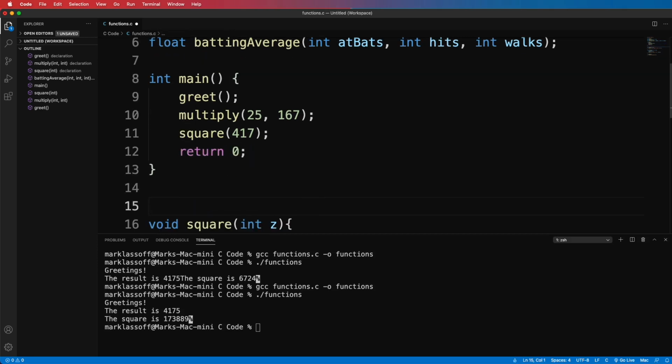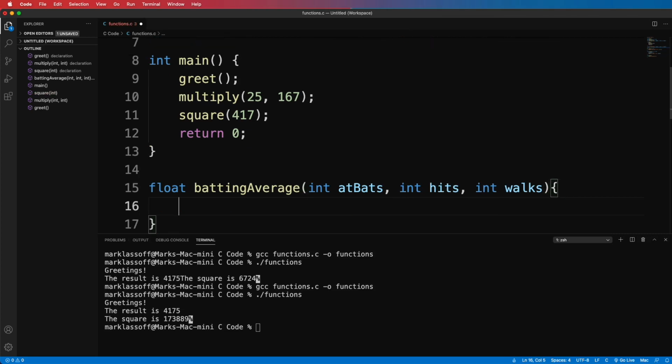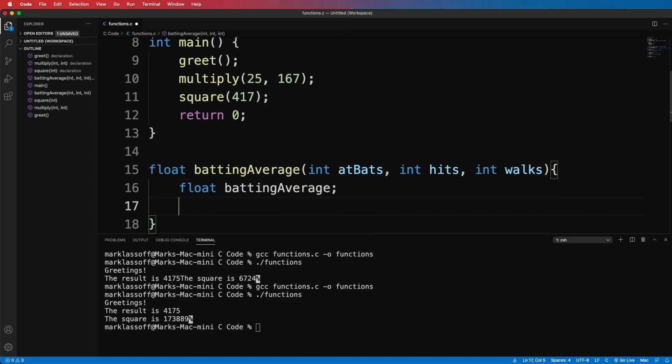All right, so let's write our signature here. So again, at-bats, hits, and walks. Of course, on line 6, we've declared the function. Now we're actually writing the function implementation. So I'm going to declare a variable called batting average, which will be a float.